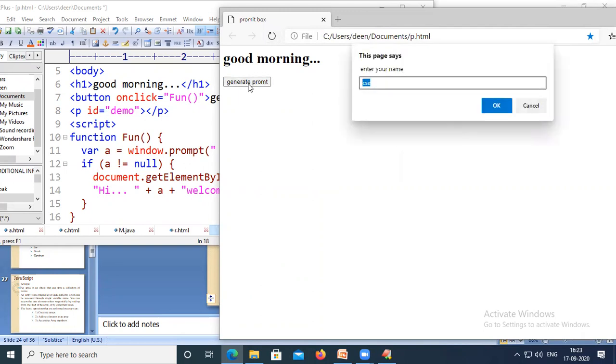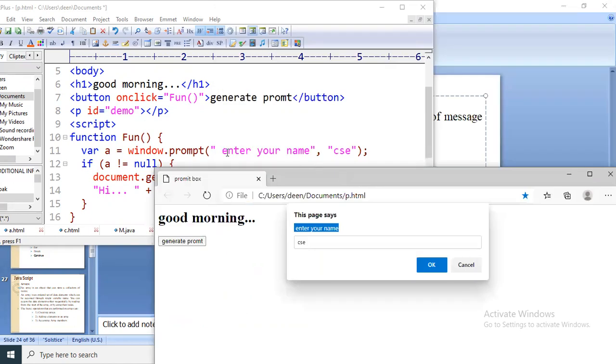Something has been displayed here. It is a window with "enter your name", which is what we have given here. Then we have used CSC, that's why there is a default value CSC. This default value will be considered as a value for that variable.